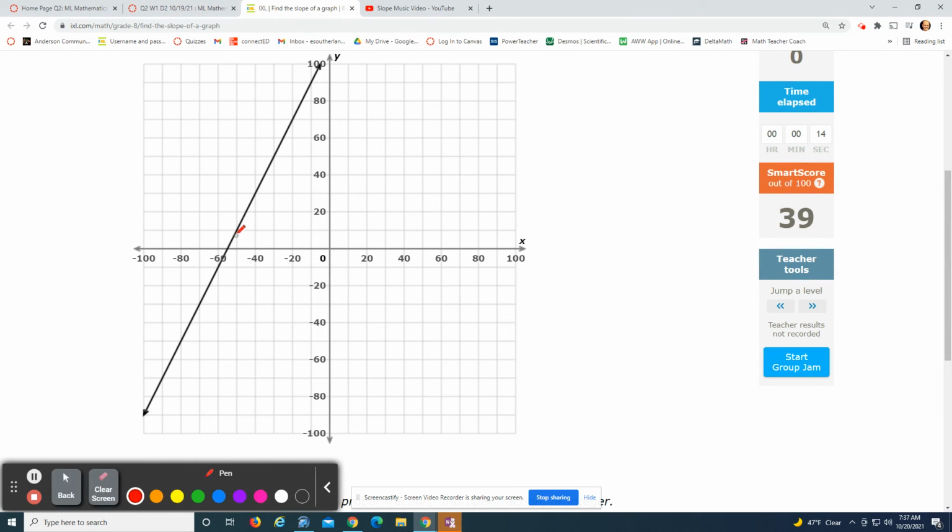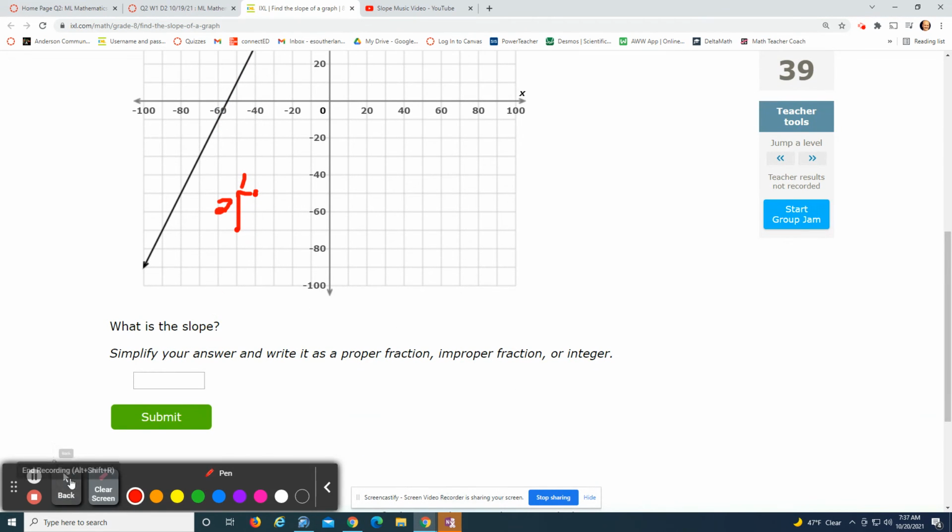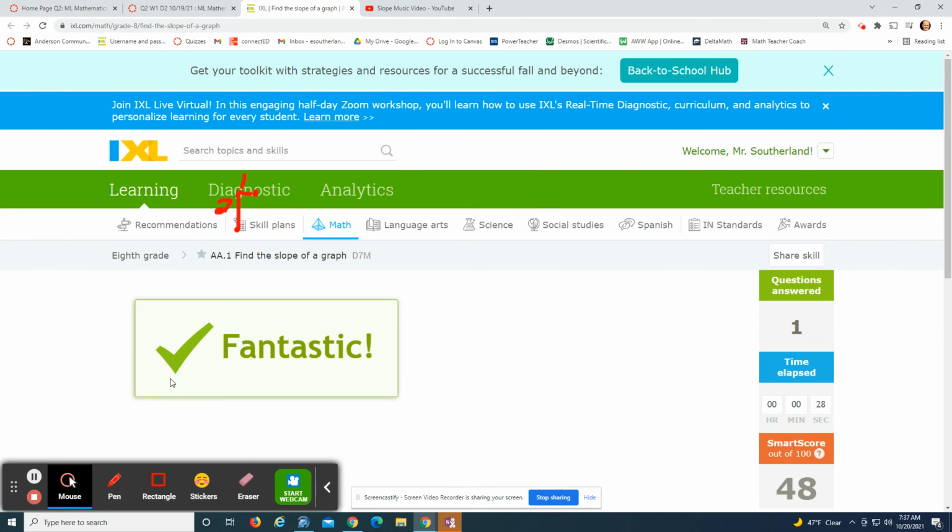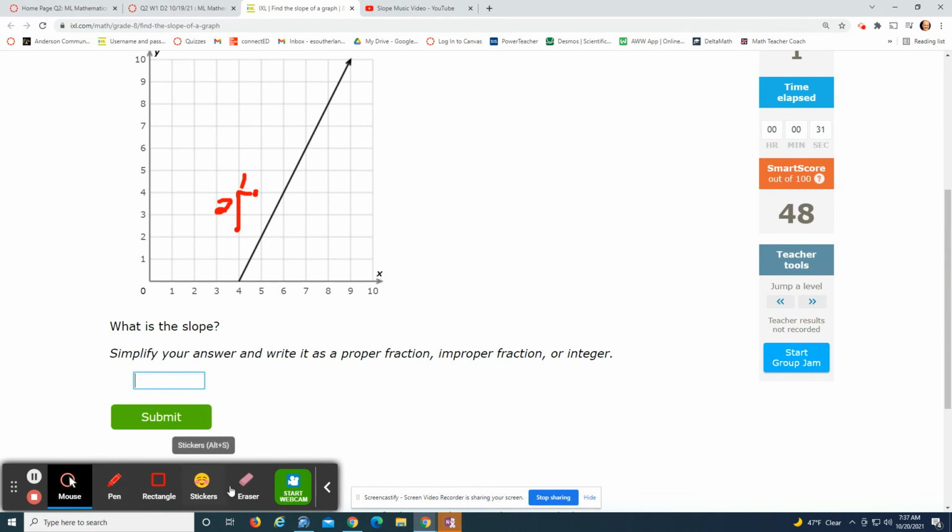You do it the same way. You find it crosses right there in the corner. It crosses again right there in the corner. It goes up 2 over 1. And so you would just type in 2 over 1 every time. And if you want to use a